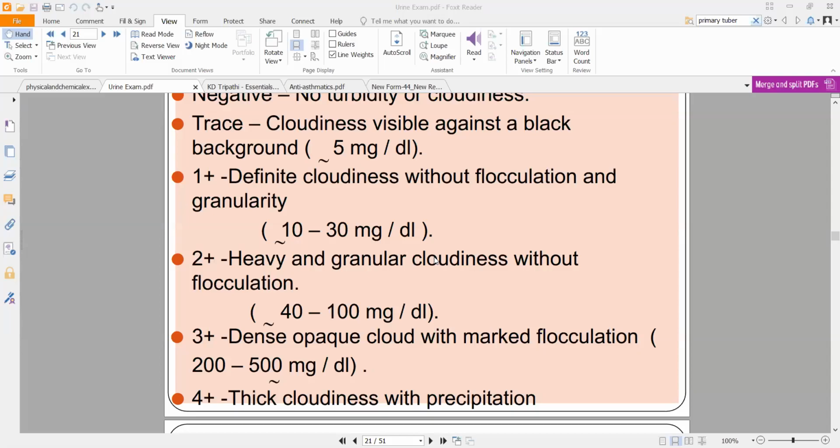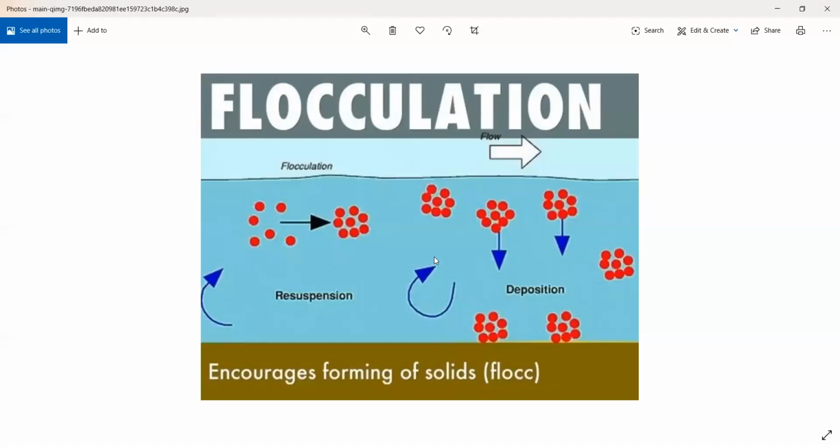I'll show you one image. Hold on. You will understand flocculation easier. See, this is flocculation. In a normal suspension, the particles are initially far away. If you let that solution be for a little while, if you keep it on the side, they will tend to clump together and deposit at the bottom. If you can see the image, free particles which are far away tend to come closer and make a small floccule. That floccule will tend to deposit down.